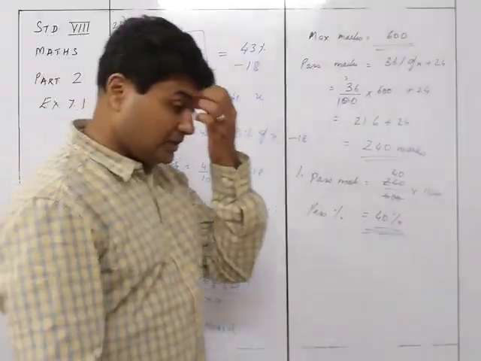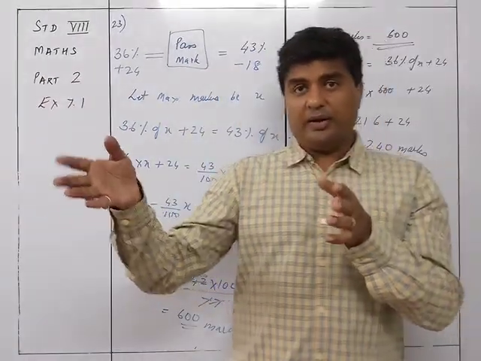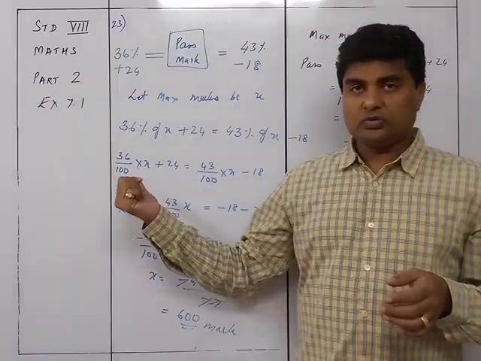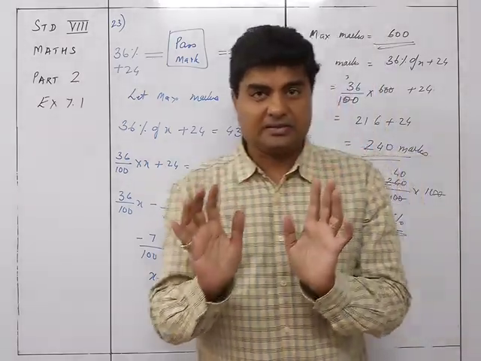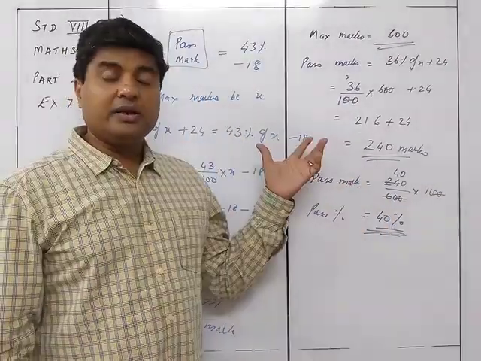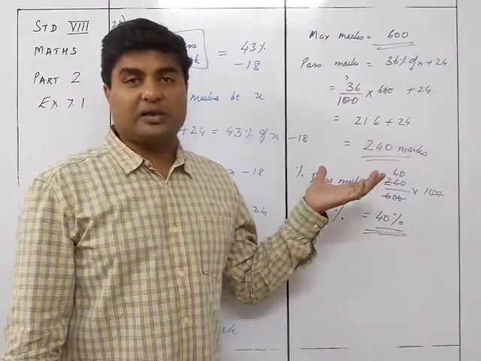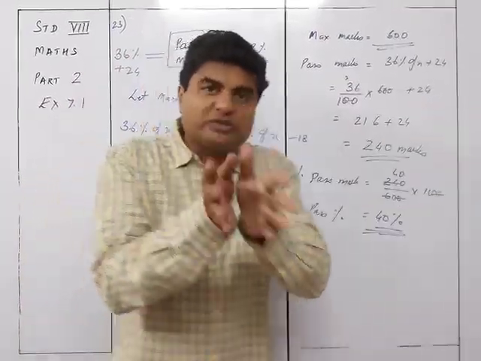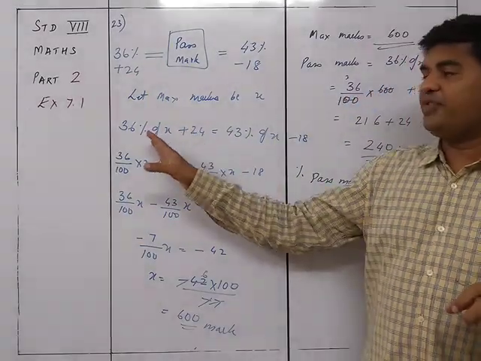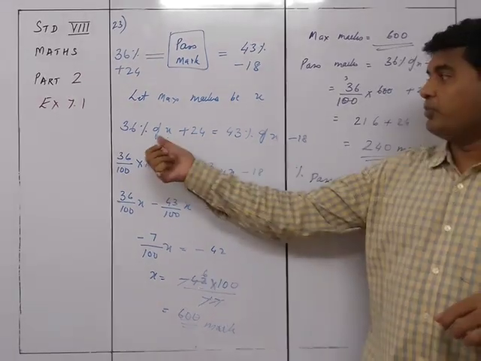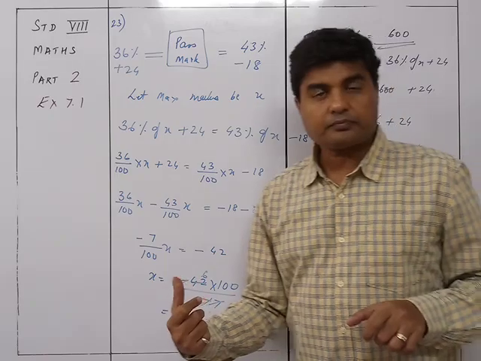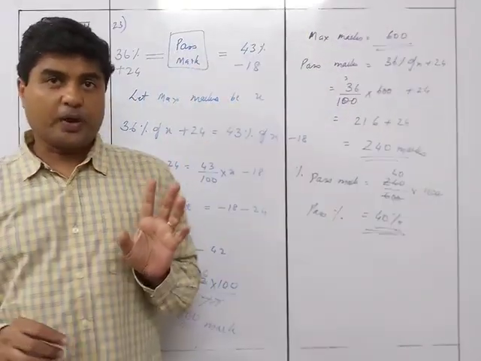Did you understand this? क्या था, एक लड़का फेल हुआ है, उसका परसेंटेज दिया है, कितने मार्क्स से फेल हुआ है? 24 मार्क्स से फेल हुआ. So 36% plus 24 will make him pass. If you give him 24 marks, he will pass. Similarly, one person is passed and he has got 18 marks more than the passing marks. So अगर उसमें से 18 निकाल दिया तो भी वो just pass हो जाएगा. तो दोनों का मार्क्स सेम लाने के लिए क्या करना पड़ेगा? यहाँ पे plus 24 करने में, यहाँ पे minus 18 करना पड़ेगा. Then both of them will be the passing marks. So that's what we are trying to do over here. Is it clear? Understood properly?